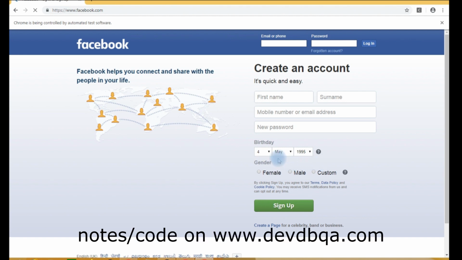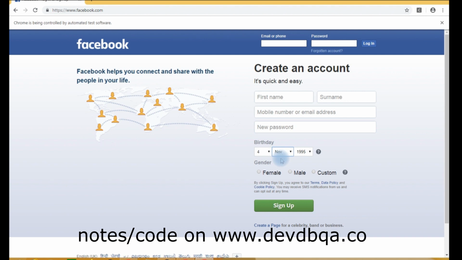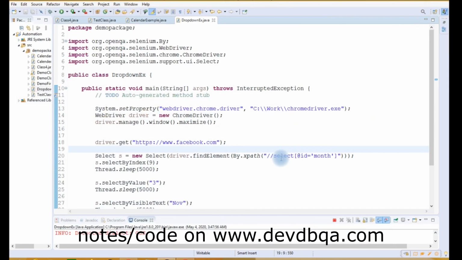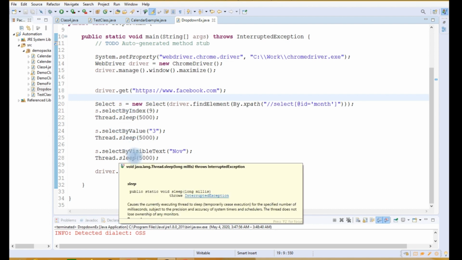Right now May is selected. As you can see, September is selected because it was present at the 9th index. Now the March month is selected because it has value as 3, and now the month of November is selected because we have given NOV. Now the browser is closed. So our code is working fine.